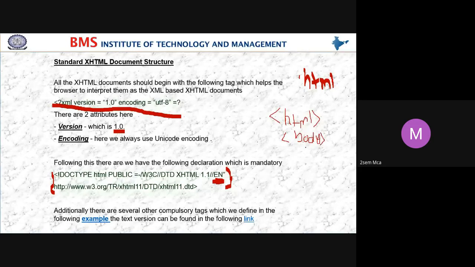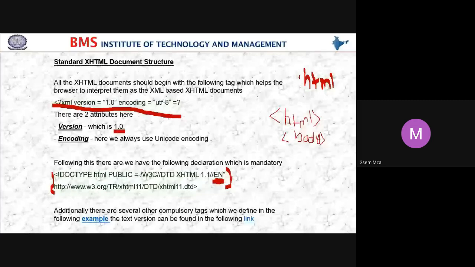But in an XHTML program, you have to include these two statements. In lab internals, in externals, in any regular lab program, you have to include these two statements, students. Without including them you will also get the output, but these two entries are mandatory.